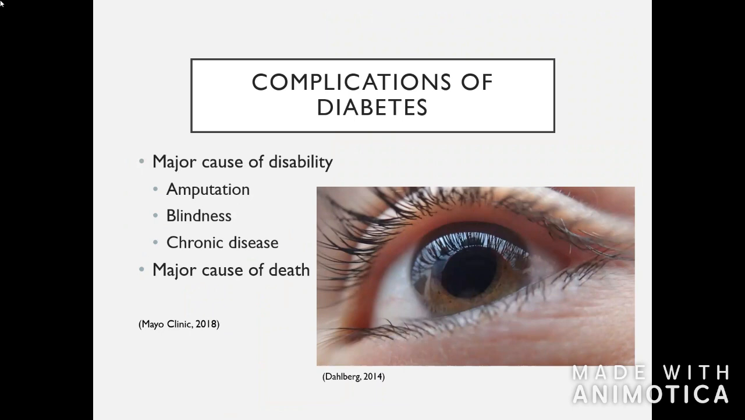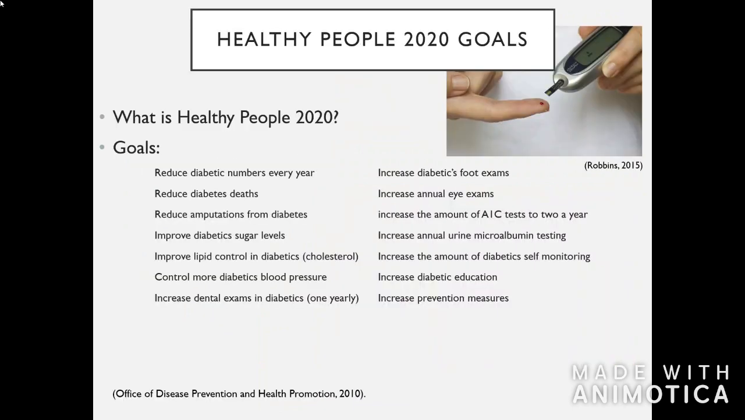Healthy People 2020 is a collaboration of professionals that set scientific-based national health standards and goals every 10 years. The most recent report is from December of 2010 and includes many goals for national diabetes care. These include reducing the number of diabetics in the population, reducing the death rate among people with diabetes, reducing diabetes-caused